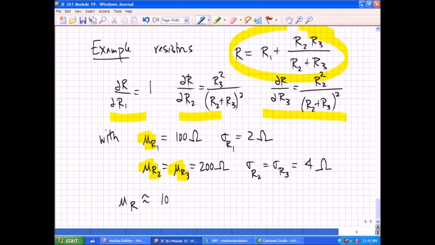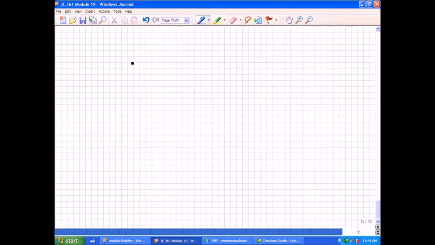I'm going to take 100 plus 200 times 200 over 200 plus 200, and when all is said and done, that's 200 ohms. And what's more, the standard deviation for R is approximately